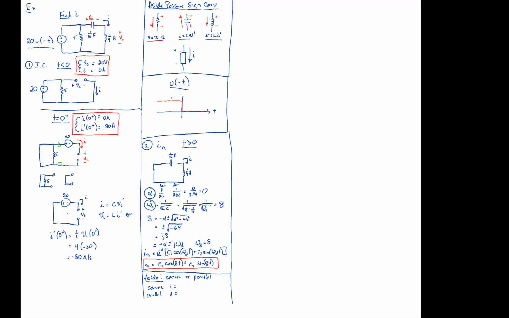No. Your natural solution when you're done should always have 2 unknowns in it. Where those unknowns are depends upon if your natural solution is underdamped, critically damped, or overdamped, but they should always have 2 unknowns. And you're going to keep those unknowns there for now. You're not going to take away those unknowns until you do your 3rd step,